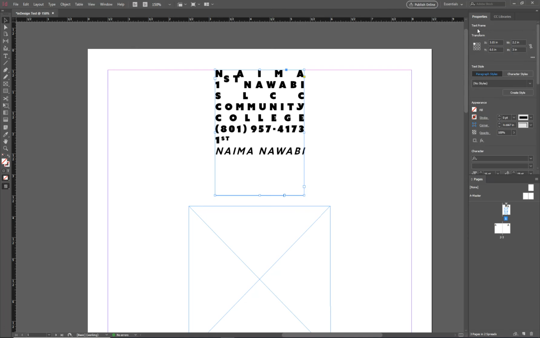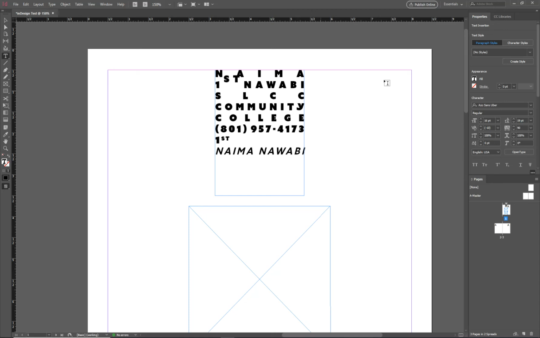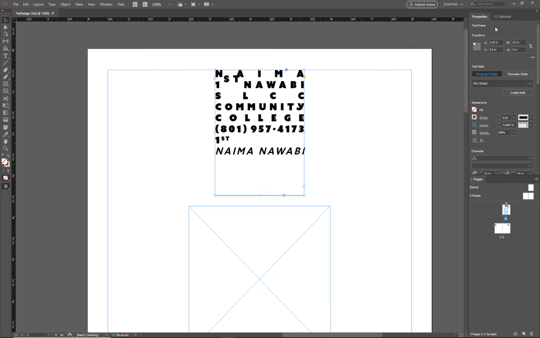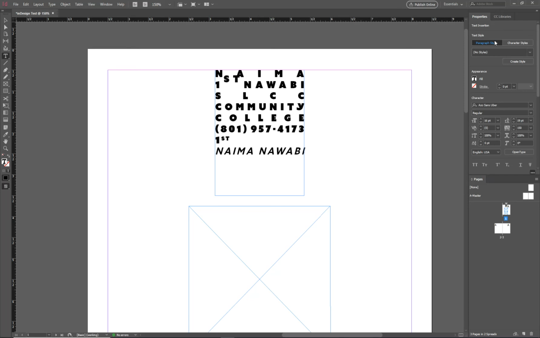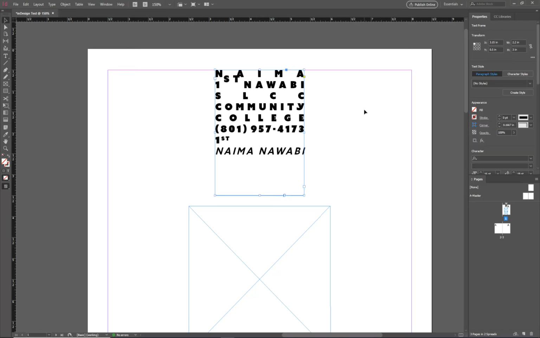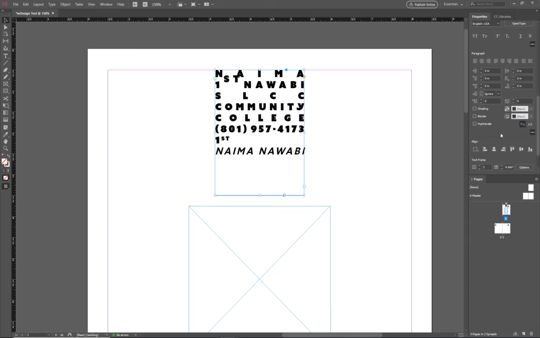And you see that now we're in the text frame, right? So we're no longer in the actual individual characters, but we're in the text frame. So let's double click to go back inside, and we're back to the character and the text style. But when we hit escape, we're back to the text frame. Do you guys see the difference between the two? So double click in, character, text style, hit escape, click on it, text frame. Okay, they're different from one another, but you can still have some